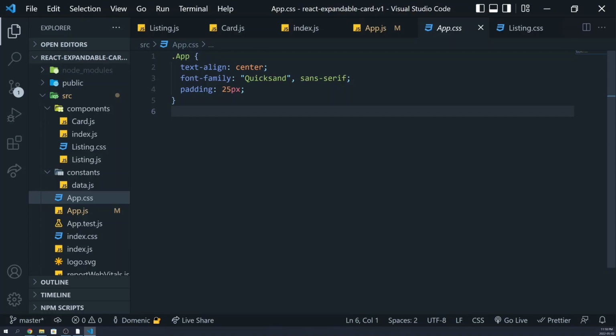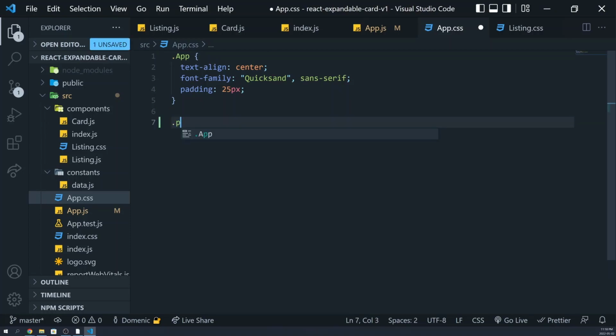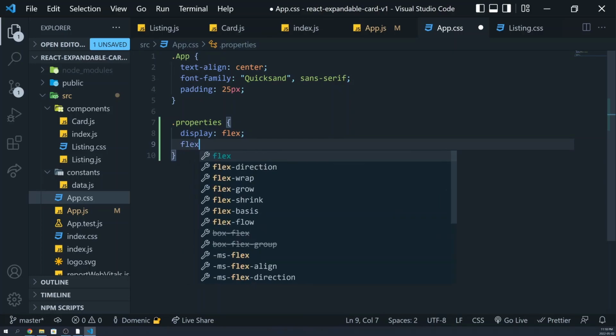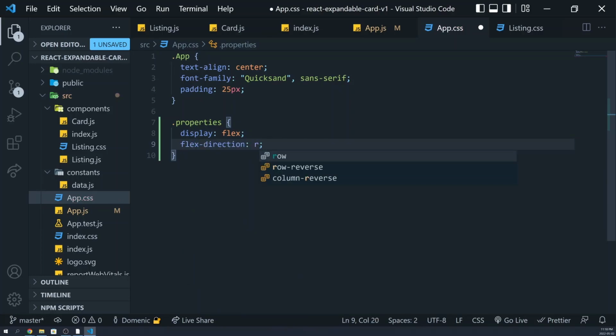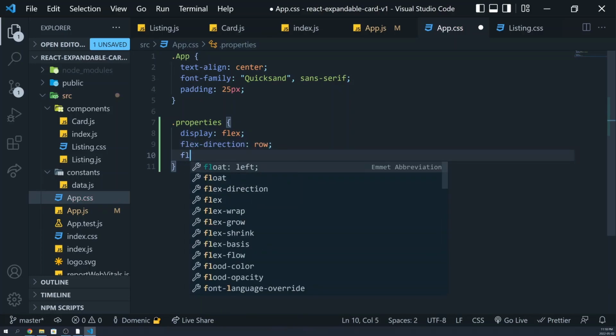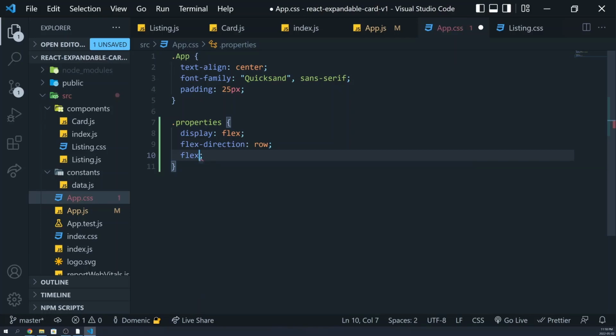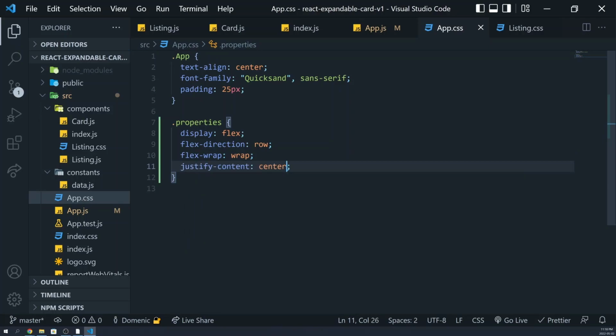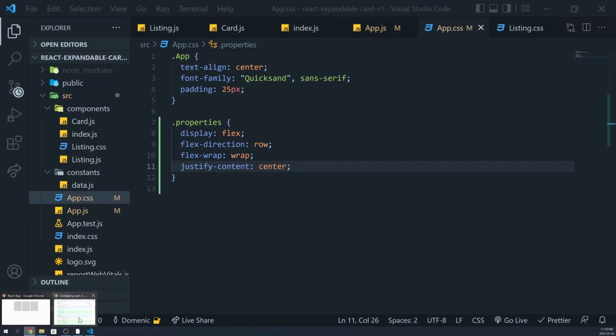I'll apply some styling to the properties class that we had created earlier. I'll give it a display of flex, a flex direction of row, flex wrap of wrap, and justify content center. So if we examine this now, we'll see that now these are positioned horizontally instead of